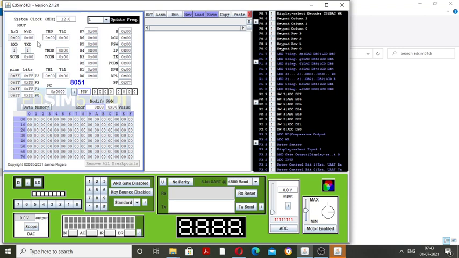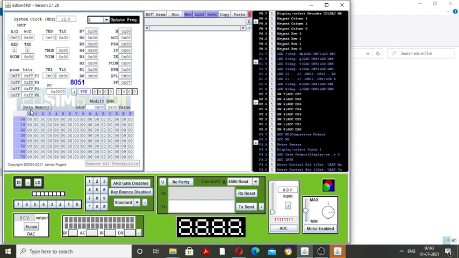These are used for the serial buffer, and there are four ports, P0, P1, P2 and P3. And here is the DAC, digital to analog converter, and there is a keypad.